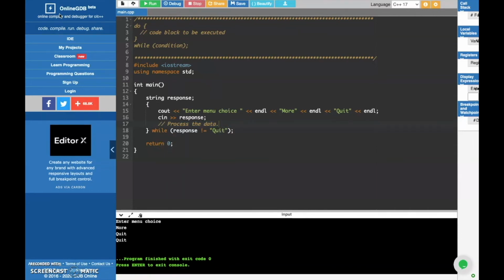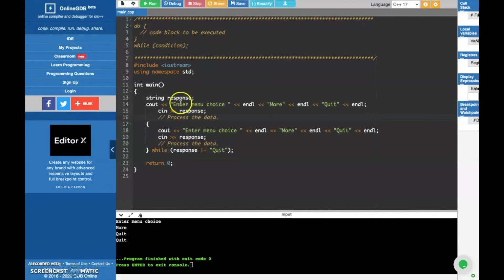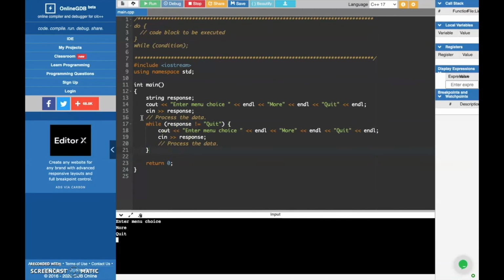If we want to rewrite this code using the while structure, we need to copy the body of the loop once outside the while. So I'm going to copy all this part to here, and then we will have the while with its condition and the body of the loop, and we don't need the semicolon anymore. So here again, the body of the loop will be executed at least once,